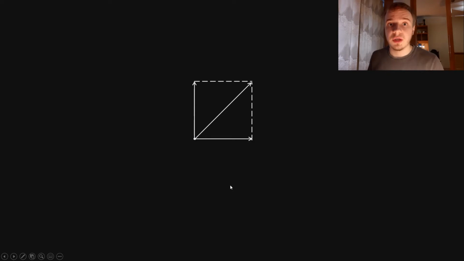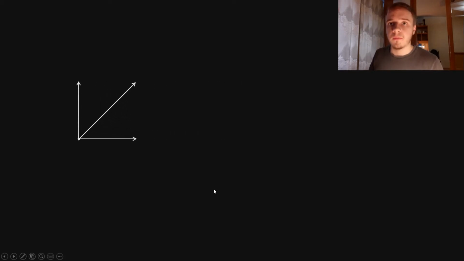Let's find out how much bigger this diagonal velocity vector is. So the vector that goes straight right we're gonna call x, and the one that goes straight up we will call y, and the diagonal velocity vector we'll call d.